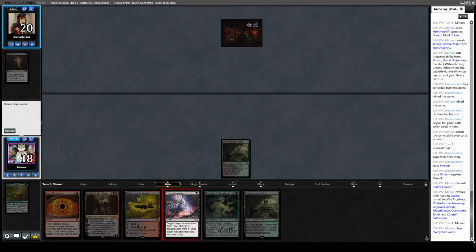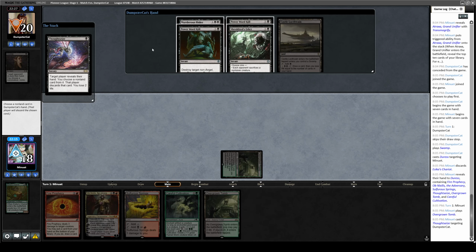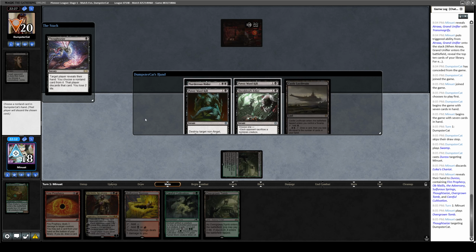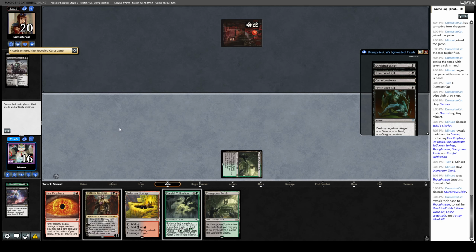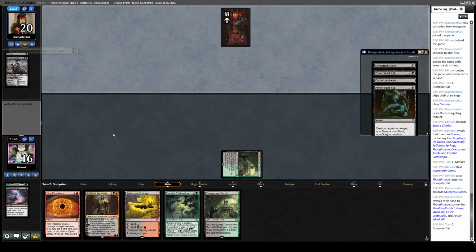Let's take a peek at what they've got going on upstairs. Okay, well, that's a lot of removal that they have here. Do I think any of these is the scariest one? I mean, they're kind of land light here, honestly. I think I want to take the Murderous Rider. I don't really want to take Shieldred's Edict. Yeah. They can make us sack our Ob Nixilis if we go for it, but I think we have a